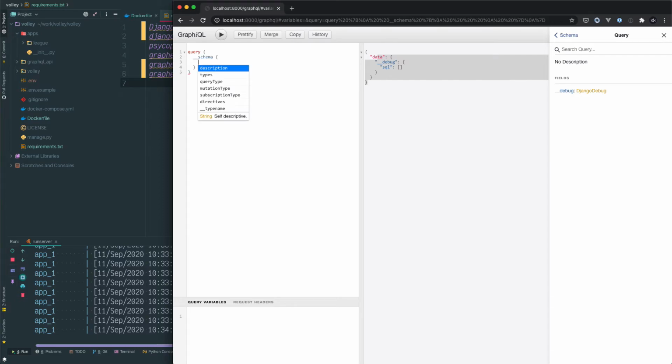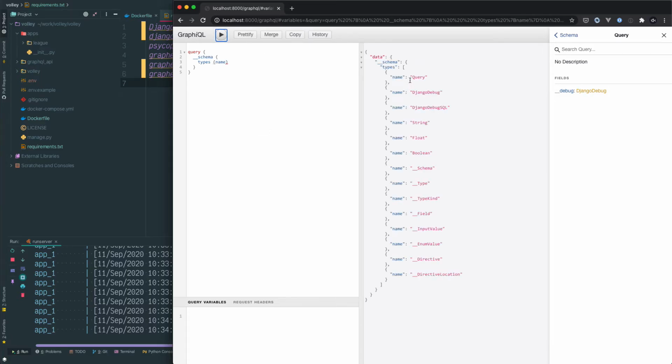Not sure if you have anything else. I don't know. Let's try schema types. Not sure if it's an object or not. Okay, so these are all the types we have at the moment,